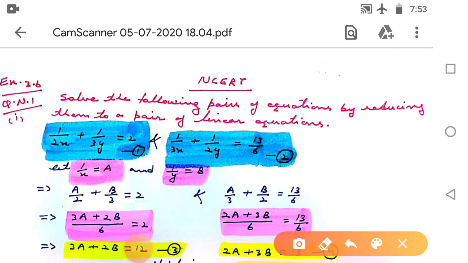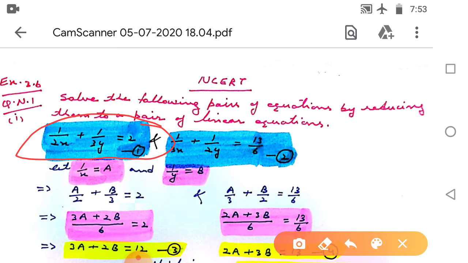Hello students, let's start exercise 3.6, NCERT Mathematics, class 10th. Question number 1: solve the following pairs of equations by reducing them to a pair of linear equations. Look at the first equation: 1 upon 2x plus 1 upon 3y is equal to 2,